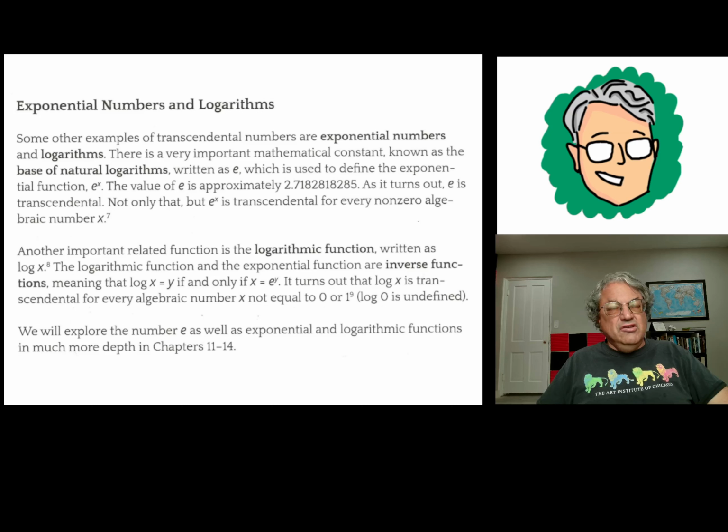But it is a very important number, and it has a much more complicated definition than pi. Pi is just the ratio of the circumference to the diameter of any circle. To understand the definition of e, you really have to know a little bit of calculus. So I'm not going to try to explain the definition of e in this video. In my second volume, I go into much more detail on exponential functions and logarithms. Here I'm just introducing the number e. Suffice it to say, it's another very important irrational number like pi.